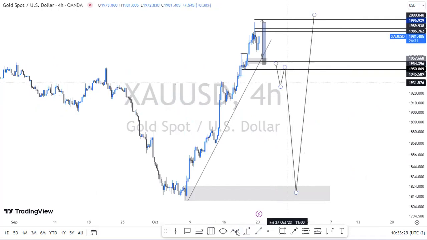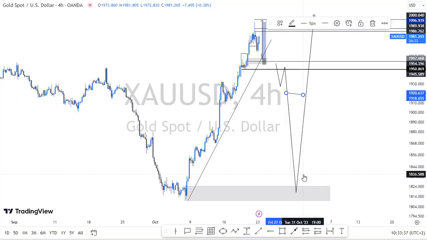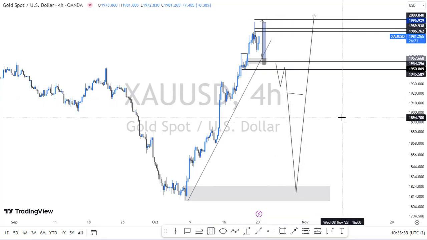So I'll probably look for selling positions around these particular zones as it's going down, then I'm gonna rise back up with it. So that is all for XAUUSD for now. I will do a recap later on, but for now I'm just gonna pause this video to go back to my analysis, and then we'll jump straight into USDCAD. Okay.